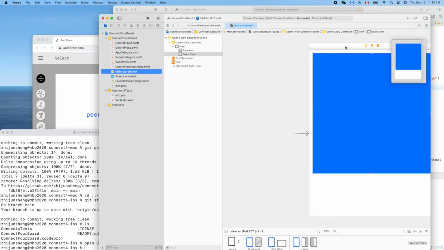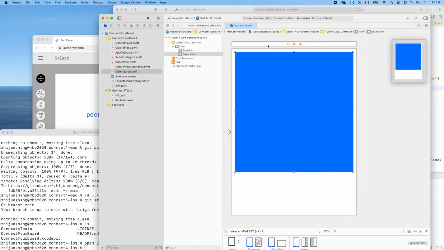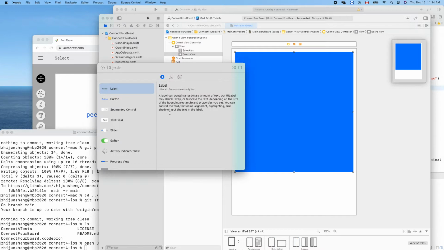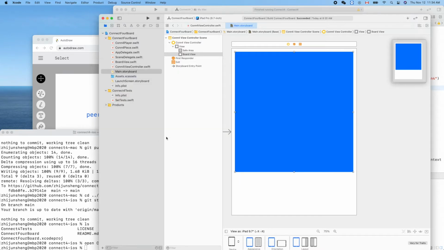Okay, so let's add a button here. Wait a minute, I think maybe it's a good idea to add the constraints now. Yeah, 20, 20, 20, and